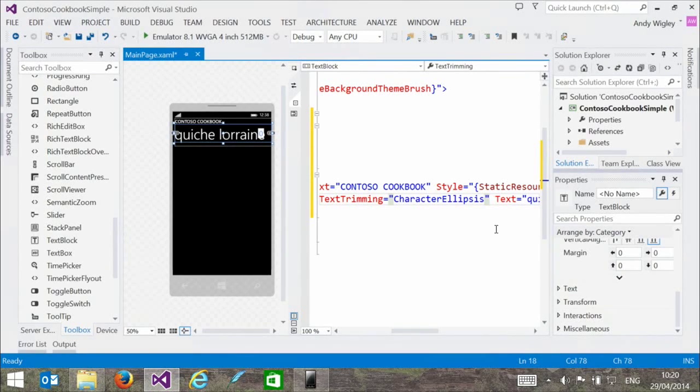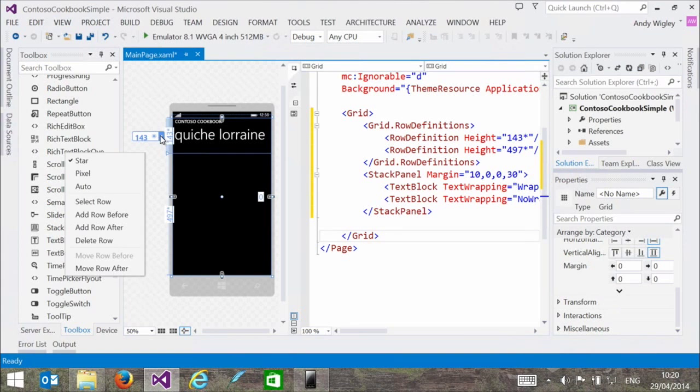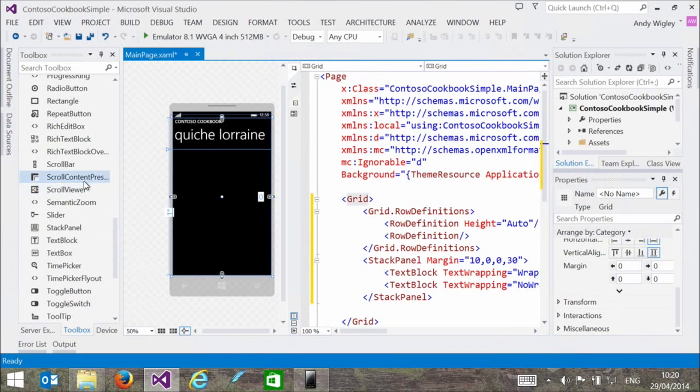So now I'm going to just change the size of our grid here. This row, which is currently 140, I'm just going to change that to be an auto-sized row. So what that means is it just automatically sizes it to contain whatever controls you put in it. So this is one of the nice fluid layout things that we've got with XAML. So that is automatically sized for whatever you put in it. And then the rest of it now has changed to 1 star because it's 1/1 of whatever is left. So if we added more rows, we could divide it up in a fluid way as well. Okay, so that's pretty good.